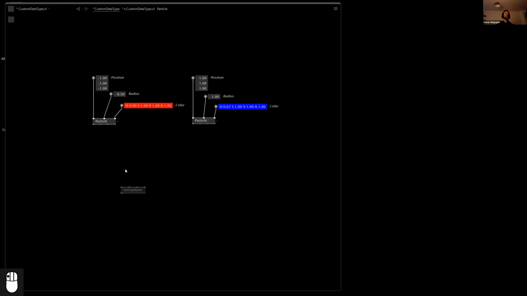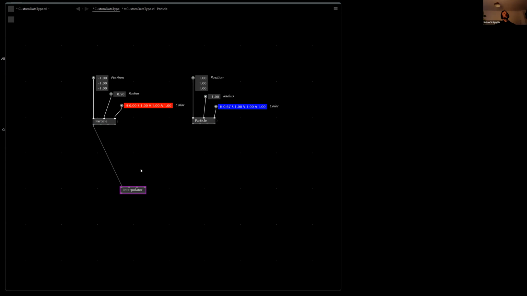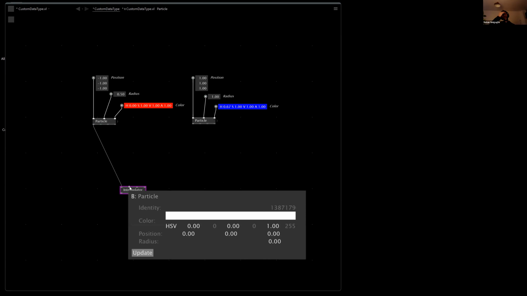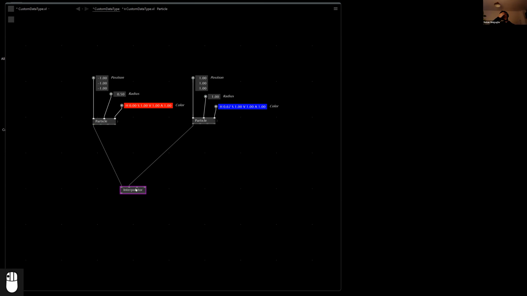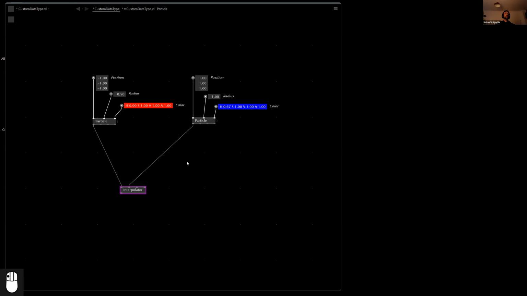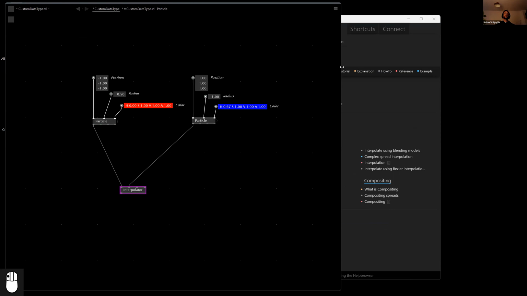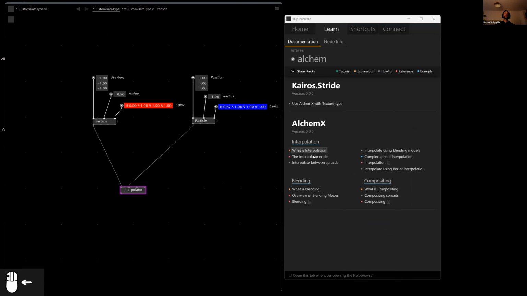Now, if you connect a particle to the interpolator, this will complain, saying, sorry, but something is not properly done. So if you open, let's just use this help patch that I just made as a reference to understand what we need to implement. So if you open